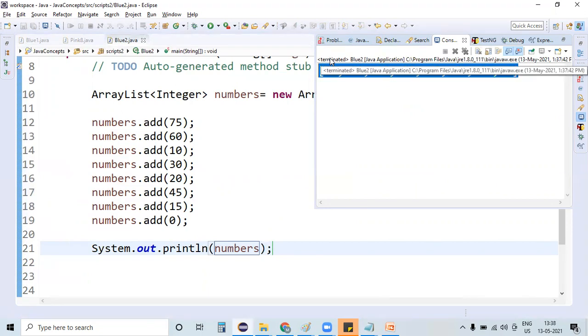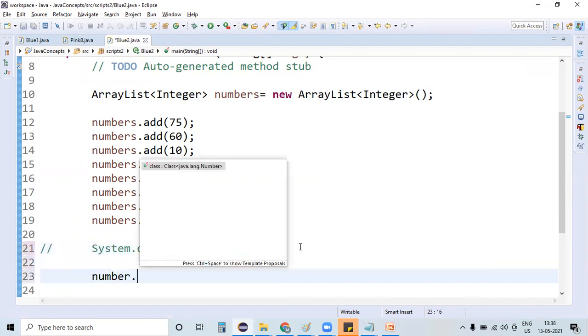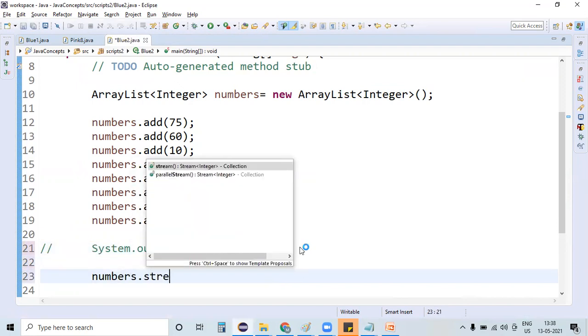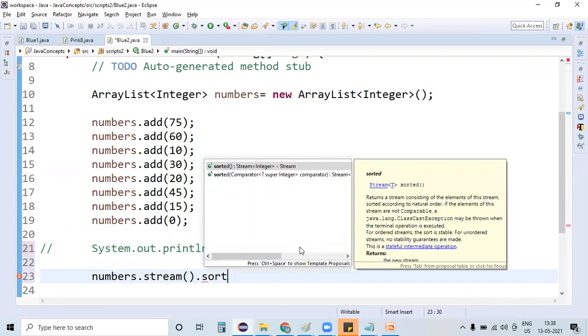Using the sorted method, I want to sort these numbers into their default sorting order. So numbers dot stream, and on this stream I'm using sorted. As mentioned, sorted has two different methods: one is sorted, which goes with the default sorting order, and the next one takes a comparator.